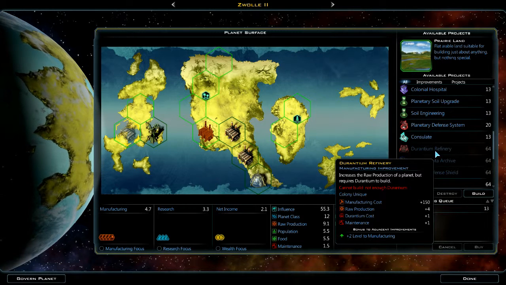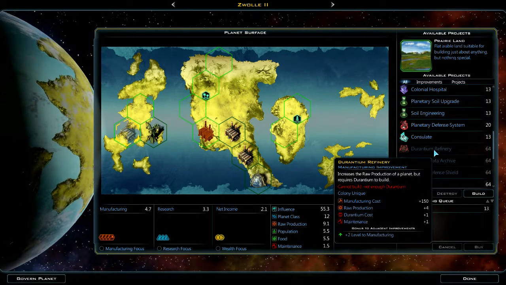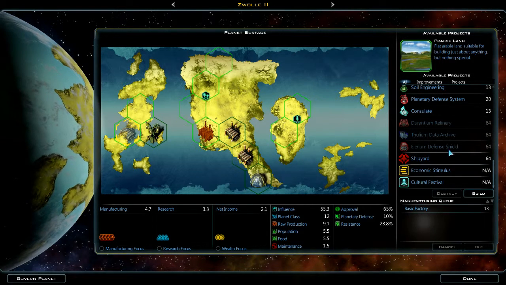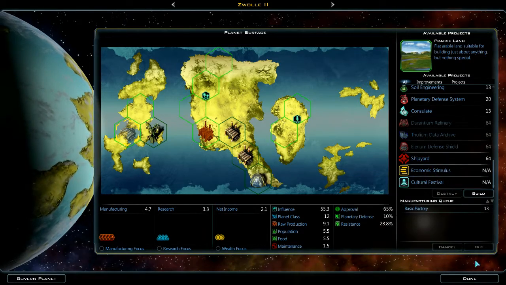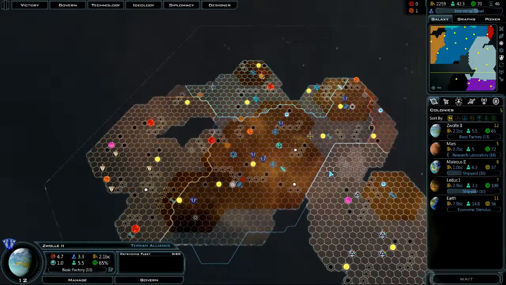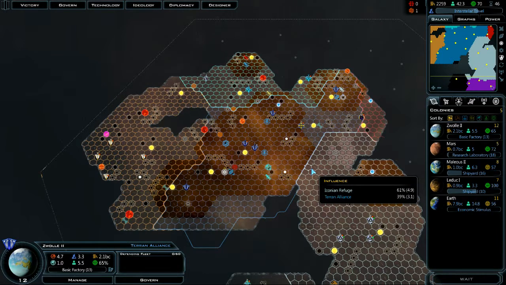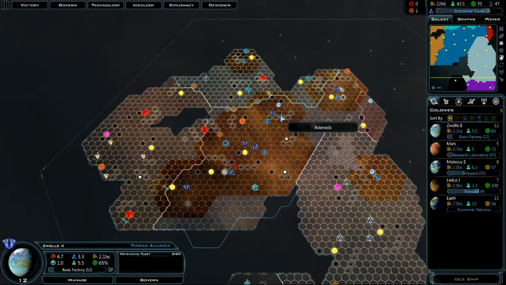Durantium refinery. Increases the raw production of a planet, but requires durantium to build. Interesting. Okay. Turn. As long as no one starts, oh, sorry, knock the mic then. As long as no one starts a war with me in the immediate future,